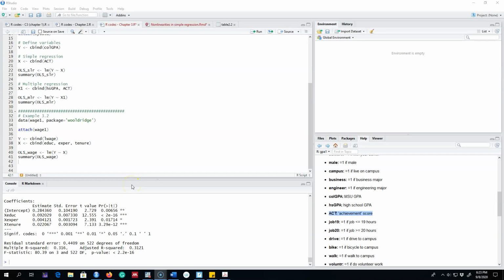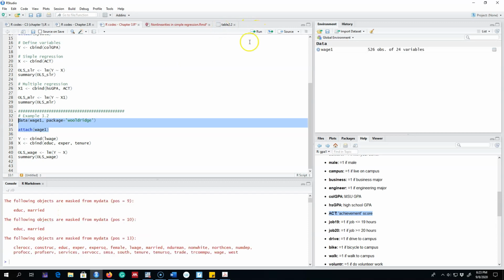Okay, so in this video, I'm going to go through the second example of the multiple linear regression model. The example that I'm going to use is the wage example. And here we are interested in how education, experience, and other factors determine wages of individuals. So we have 526 observations, and our dependent variable is the log of wages.